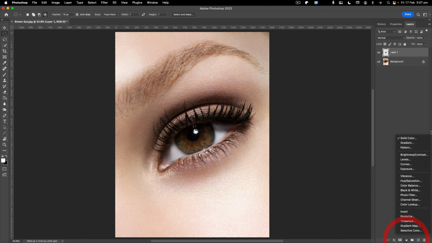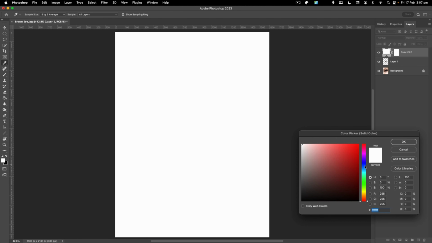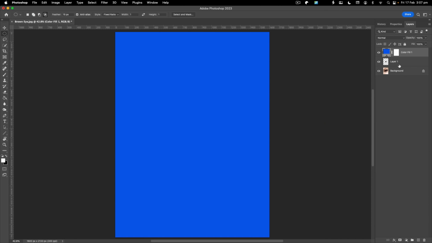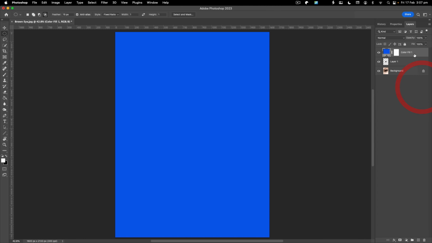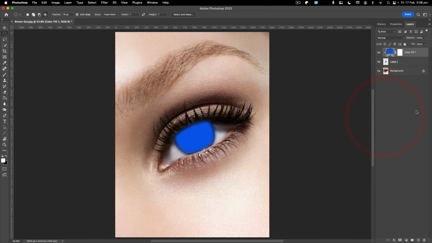And then we need to create a solid color layer. I'm going to select the blue, click OK. And then we need to create a clipping mask. So create a clipping mask by right-clicking on this layer. So you can now see that's only affecting the layer below and not the main image. So of course now we need to change this to hue, and then we need to create another layer,